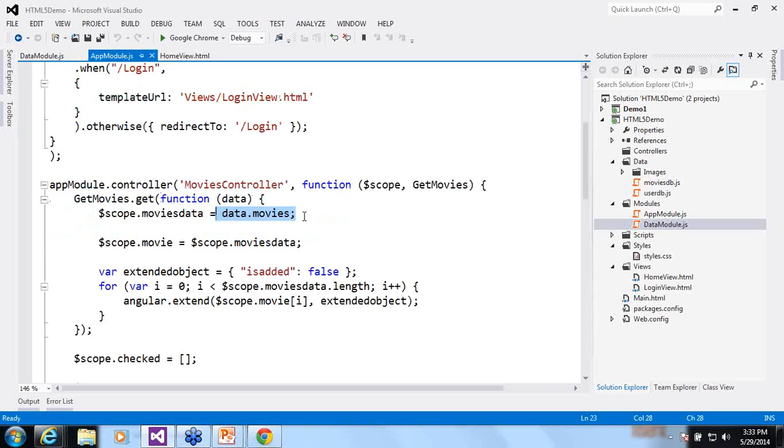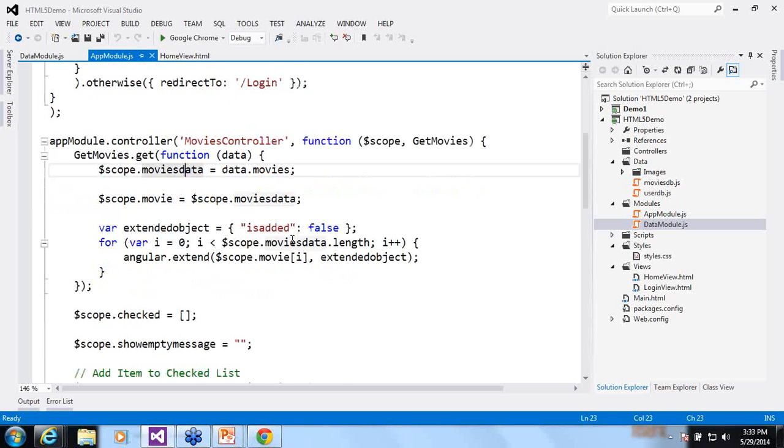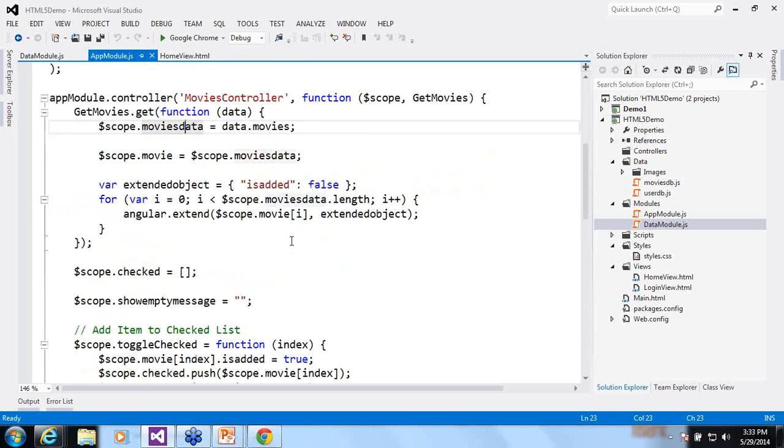So once I get all the data, I am storing it in a variable called movies data. Then I want to add another property to the complete array of movies. I did not have a variable called isAdded. I want to check whether, once a person selects a movie, he can see it in the watch list or not. So AngularJS provides the concept of extend.